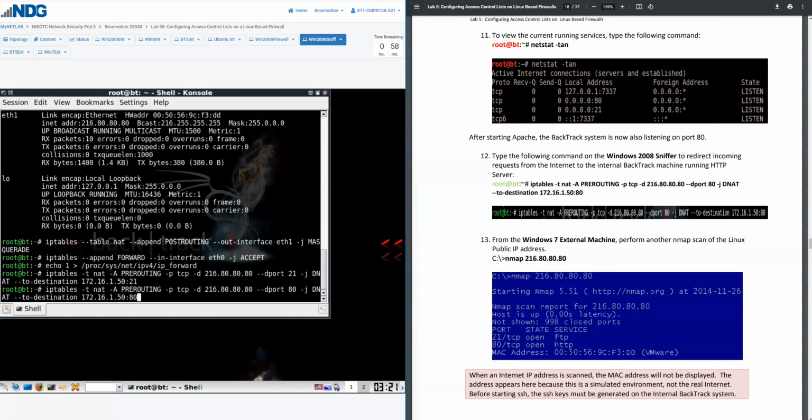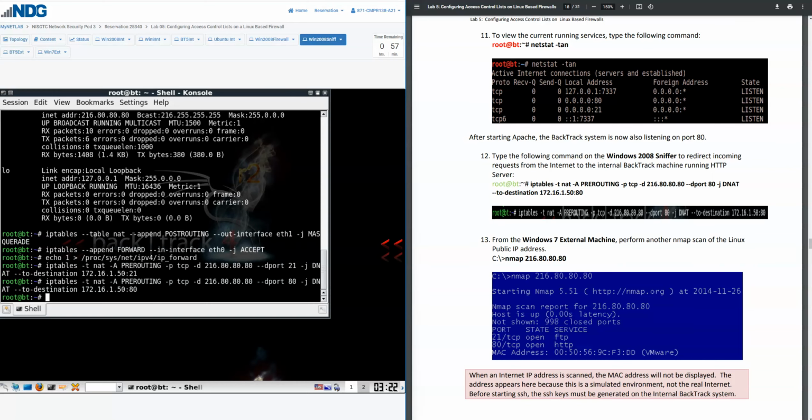Make sure I spelled everything right. And then I'm going to hit enter. Looks good. Now I'm going to go back to the Windows 7 external machine,